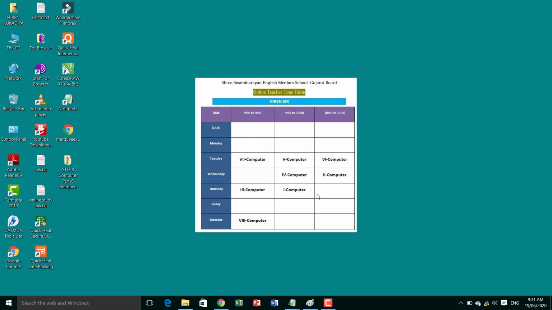And this is the row. So these are all the rows. Basically the definition is that a table is a collection of rows and columns. That is called a table.